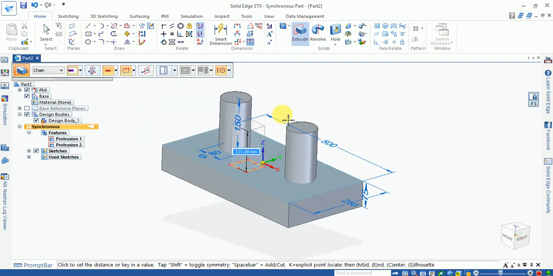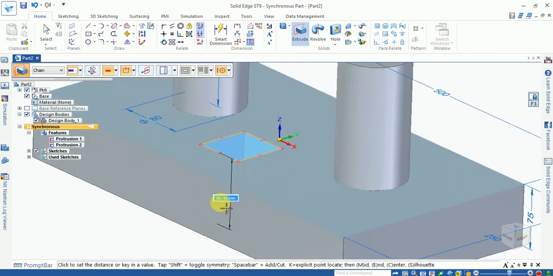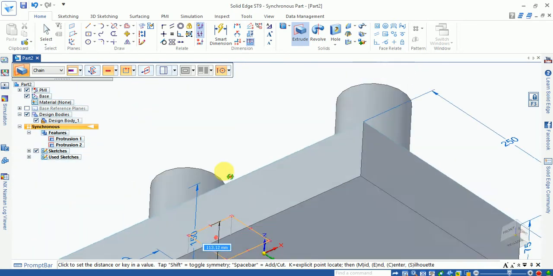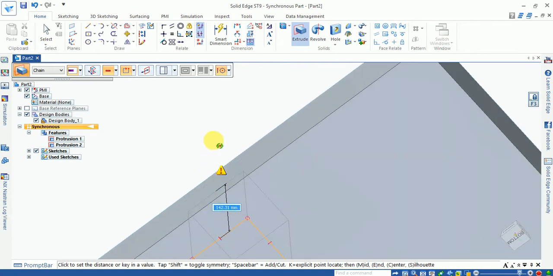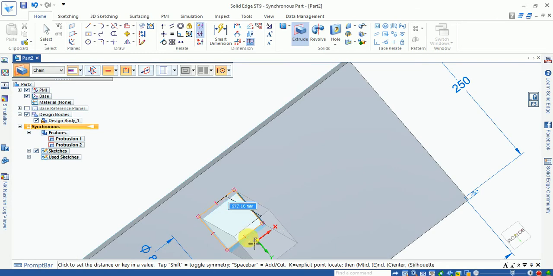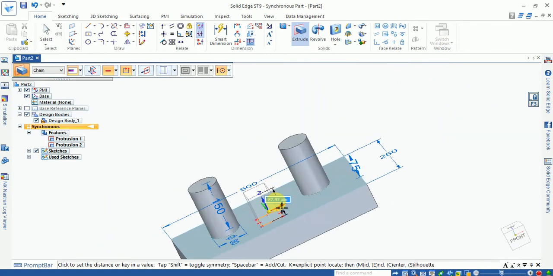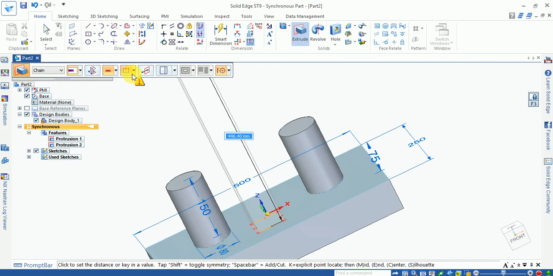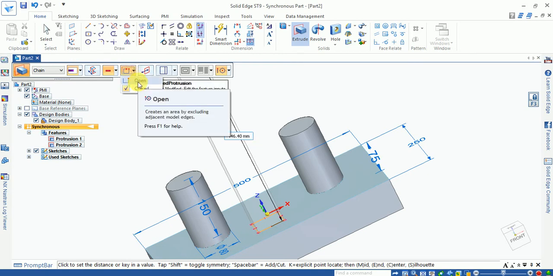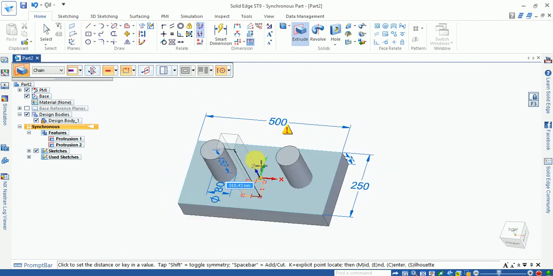You can see the material will be cut here, which means removing the material, or extrude cut. Now this one is open or close: you can use it for open sketch and closed sketch.